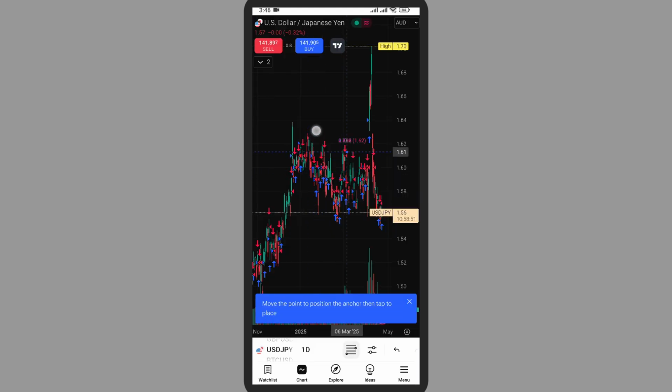So as you can see, you have to move the point to a position and you must tap in order to fix it. So move the point and just tap it in. So as you can see, this is a fixed point that is created by FIB. Now you can accordingly plan to trade